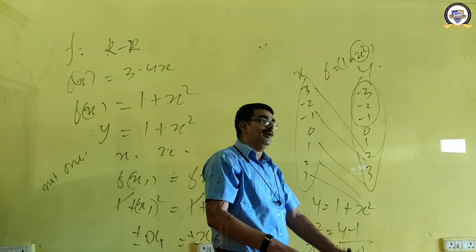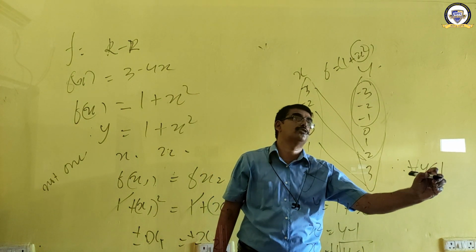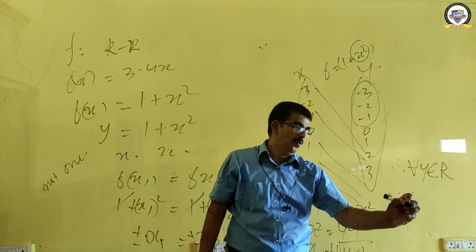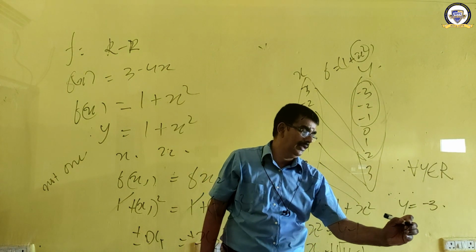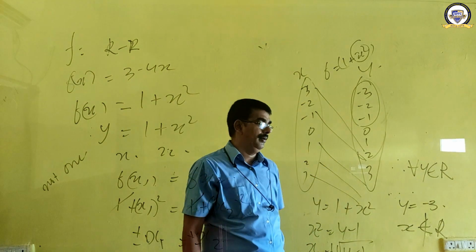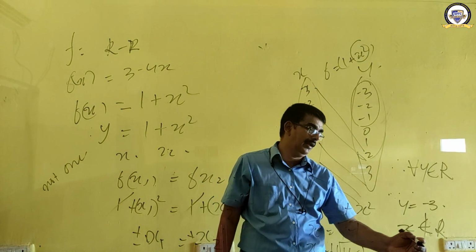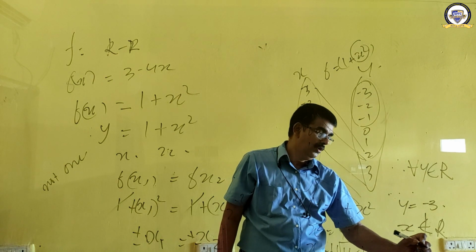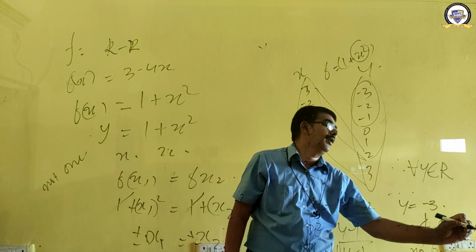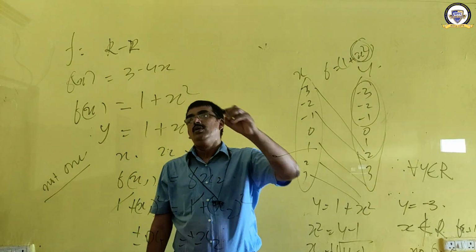So what we can say is that for some y in the real numbers there isn't any pre-image. For example, y is equal to negative 3, there isn't any x belonging to the real numbers. So you have to write it is not onto, with the definition f of x is equal to 1 plus x square, because of the square root only. This is neither 1-1 nor onto. First case is 1-1 onto.